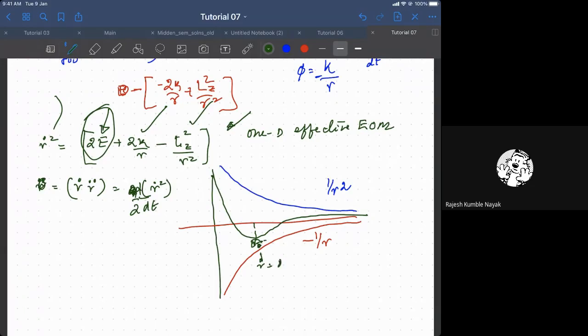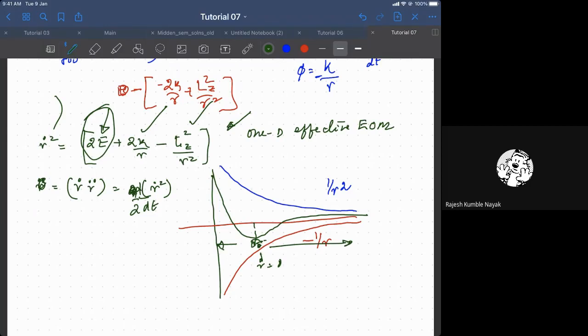So you can show that in the Newtonian gravity or Kepler problem, you always have a minima throughout. This situation is not going to change. You can pick various Lz values, that is the only parameter you have. But by choosing Lz, you are either moving it this way or this way, but the potential is always going to have a minima, and that is always going to be stable.